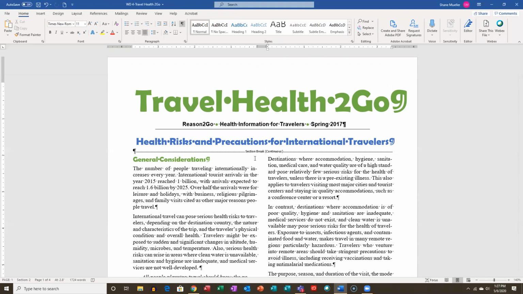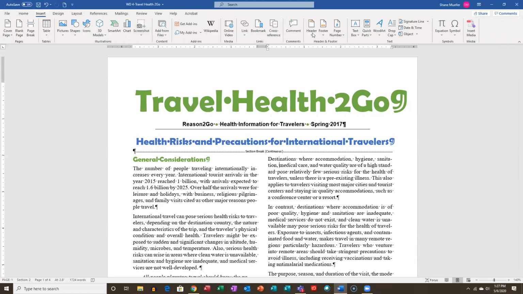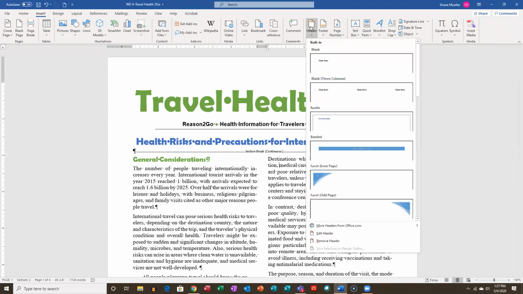So we just added a page number, but we can also do a little bit more customization with our headers and footers. So I'm going to go back to, again, you can either double click up here or Insert, and then in your header footer group, we're going to click on Header. So I clicked on that little header option, and again, you've got all these built-in ones. And then you can edit it, you can remove it. There's more, if you're connected to the internet, you can go on office.com and download more of them if you want. We're going to go ahead and I'm going to insert a blank header,